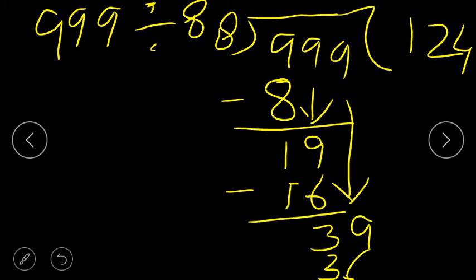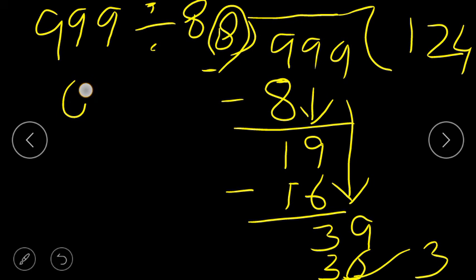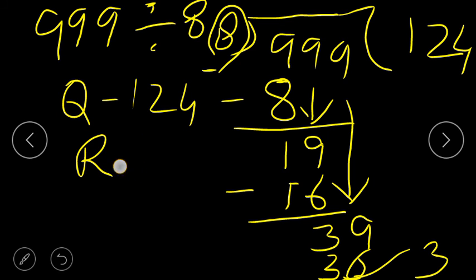Now subtract it. 36. Okay. 9 minus 6, 3. When you get the number, this is the divisor, no? If this remainder is less than the divisor, means 3 only, so you have to stop there. Here, the number, because it is the lowest number, it will not come on the table of 8. So this 3 is the remainder, and quotient is 124, and remainder is 3.